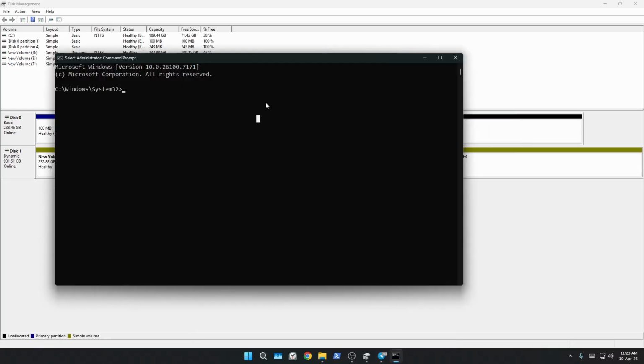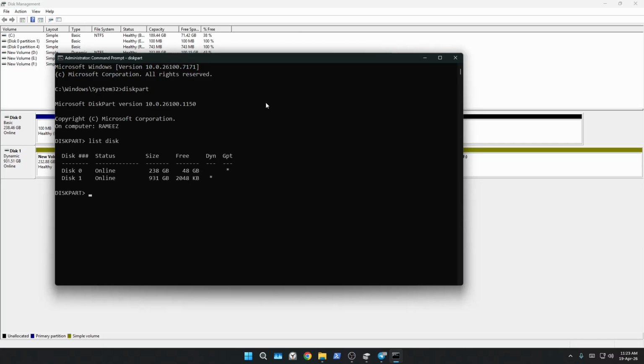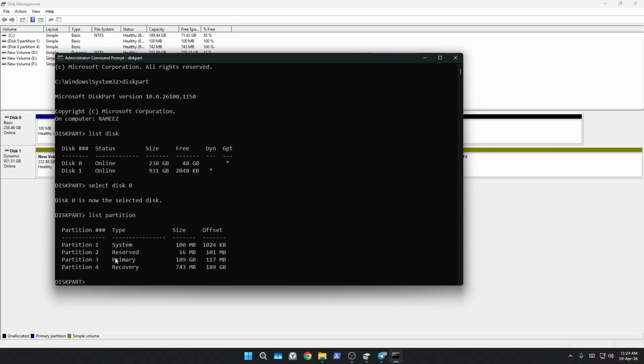Now we need to open diskpart, then we need to list disk, then we need to select disk 0, as the recovery partition and the free space both are in the disk 0. So select disk 0. Now we need to list partition. So here we can see this partition 4 is the recovery partition, so we need to delete it. First we have to select it,